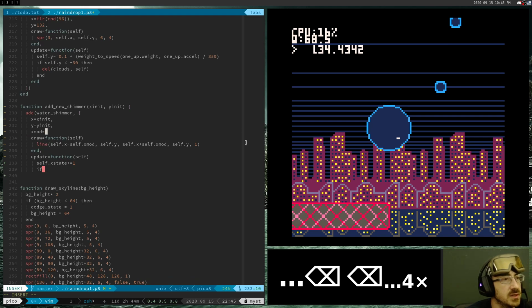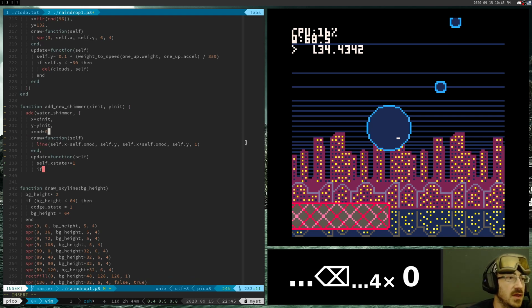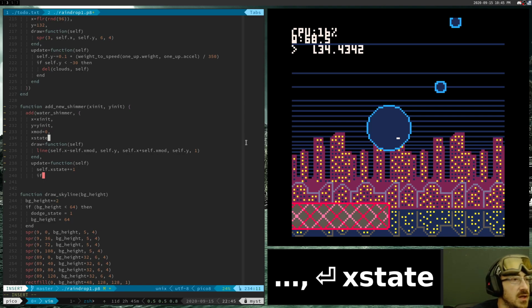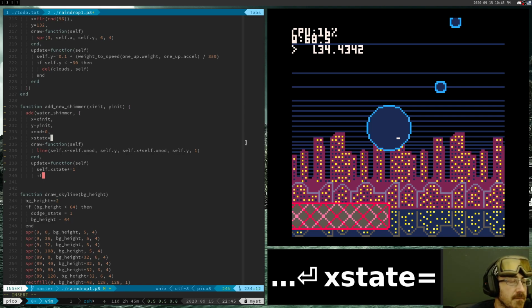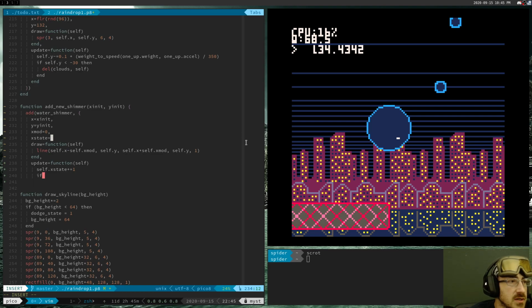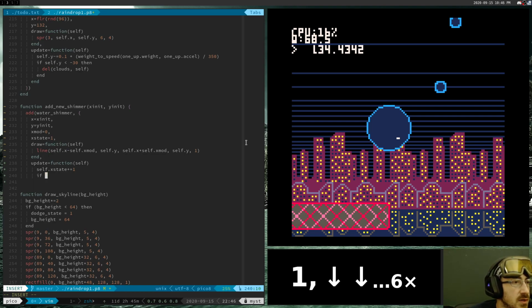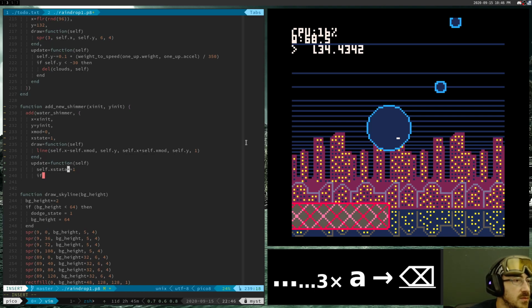X mod is 0, and then x state is going to be 1 or 0, whether it's going to be addition or subtraction. So we're going to start out with addition, and then we're going to move into subtraction. So then self.x mod,